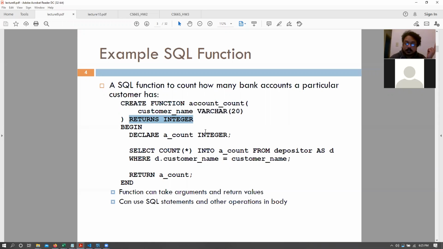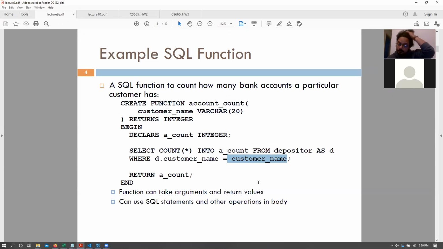Very good, Yogi. The other difference between a view and a function is that a view will execute the same query. It's a fixed query. However, a function allows you to pass some parameters to your query. So for example, here we pass this parameter customer name, and whatever that customer name might be, we apply that query based on it.